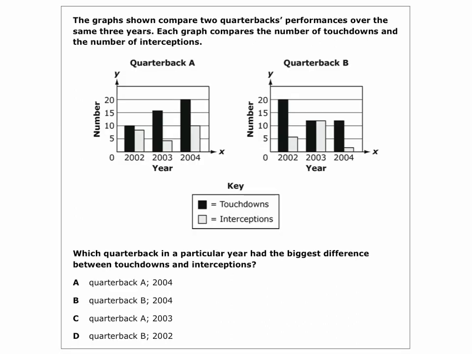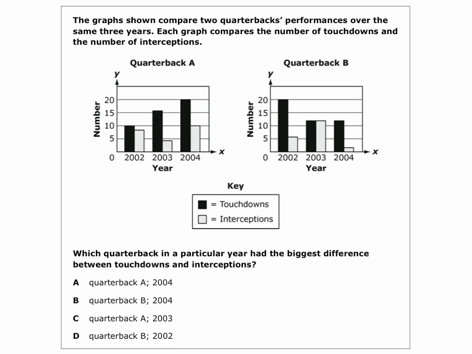This example says the graphs shown compare two quarterbacks' performances over the same 3 years. Each graph compares the number of touchdowns and the number of interceptions. So if we look at quarterback A and quarterback B, the darker bar is going to be how many touchdowns they had, and the lighter bar is going to be how many interceptions they had. It says which quarterback in a particular year had the biggest difference between touchdowns and interceptions. So which one had the largest